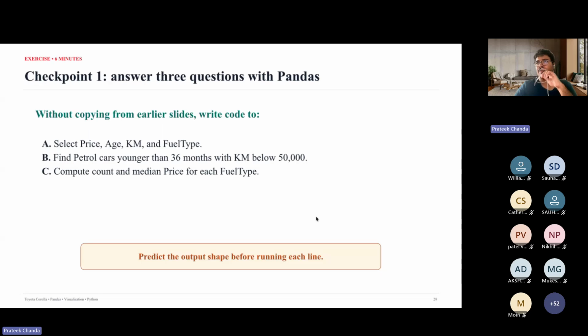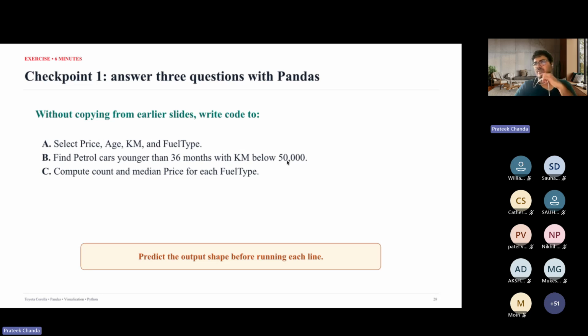So now we have a short quiz. If you already have the dataset open and you are coding side by side, I think you can answer this question.